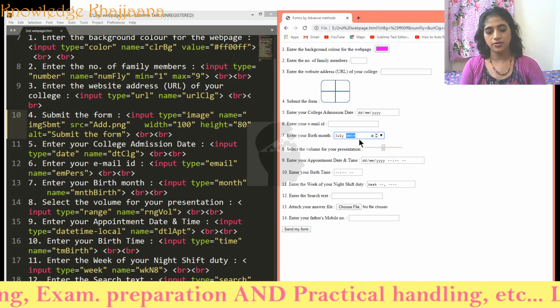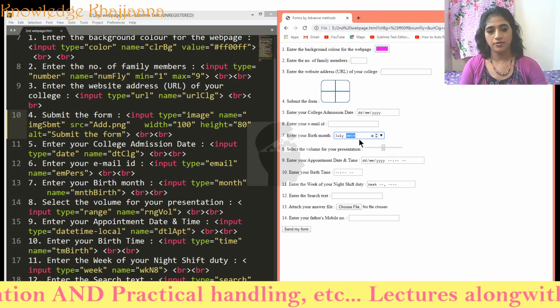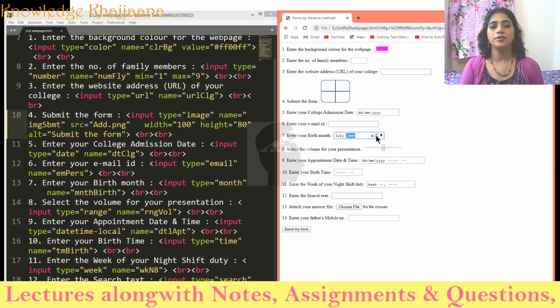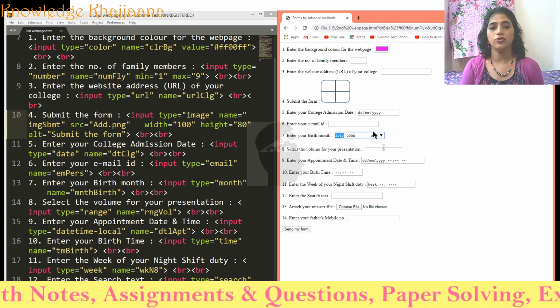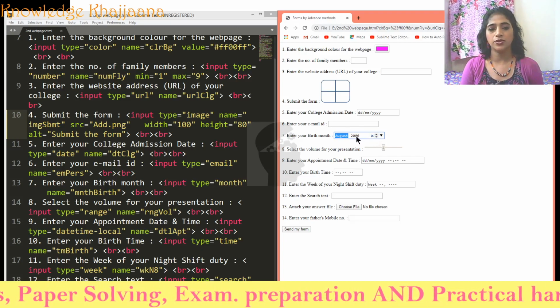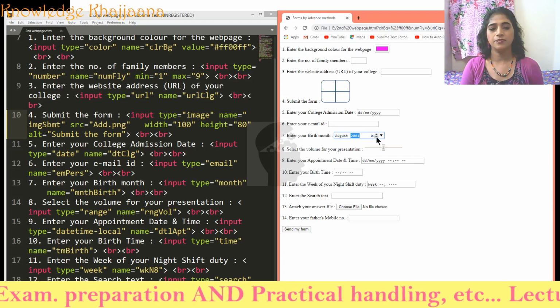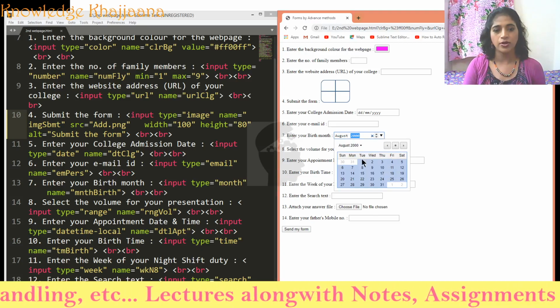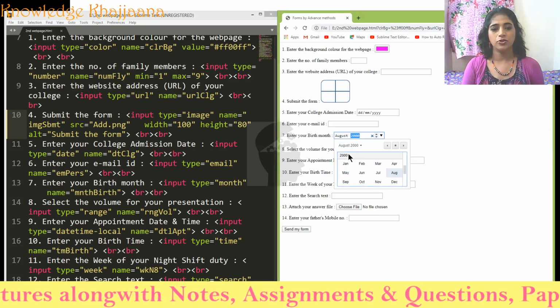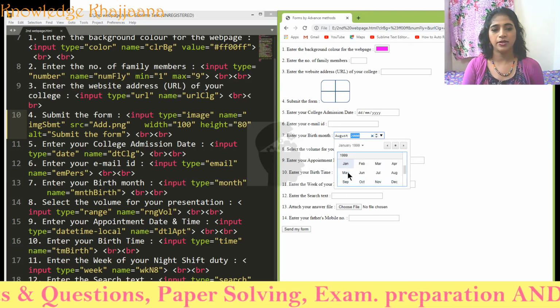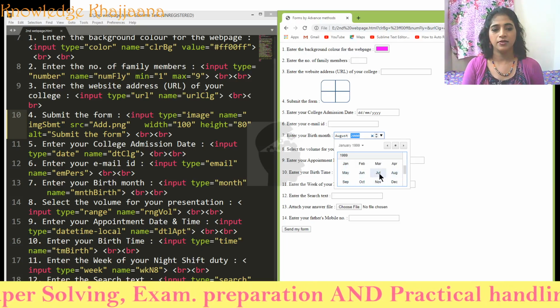4 digits, okay, and you can change here. Whatever you want to change, select and change using the up and down arrow keys. Or you can directly click on the calendar control and select the month or day, whatever you want. For example, 1999 July.